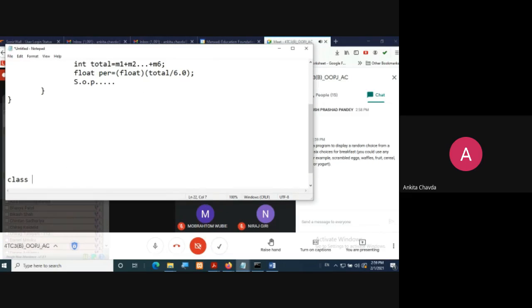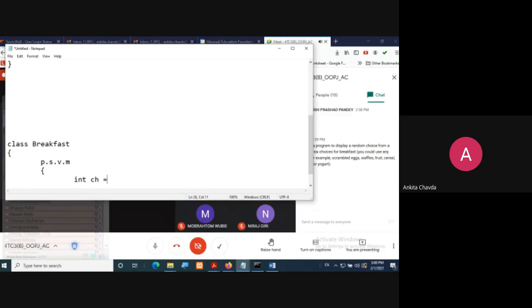You'll take one class, Breakfast, and in that public static void main. Here, first you will take one integer variable like choice, and this choice will have the value in integer, so you are doing typecasting. And here you are having the Math.random function.